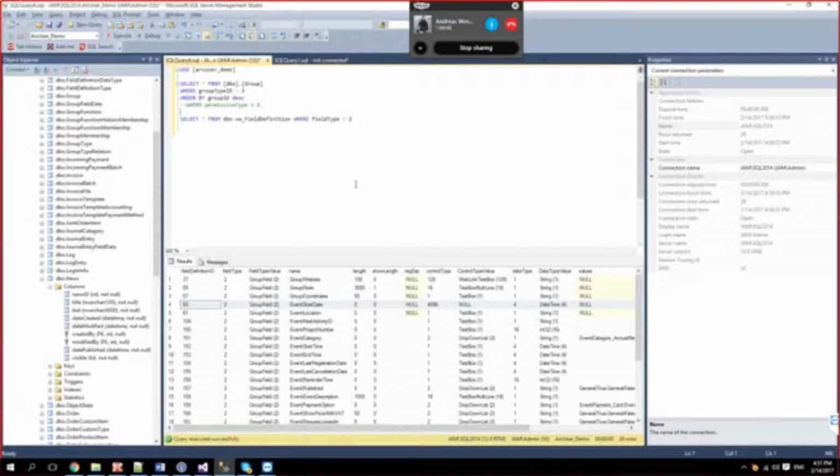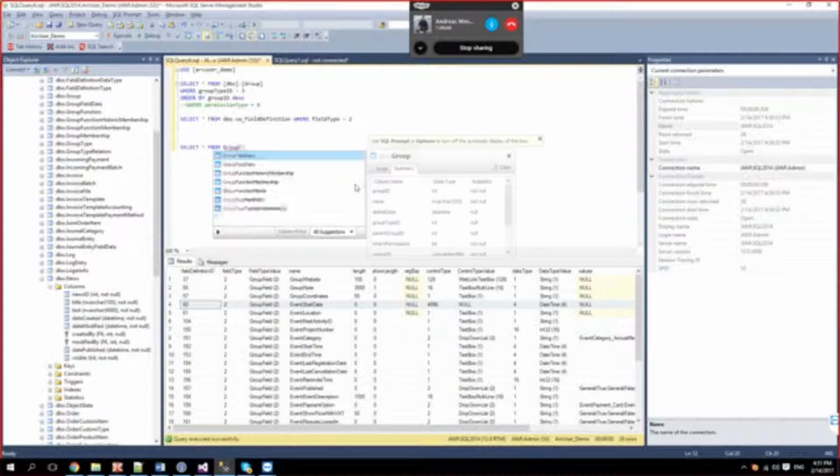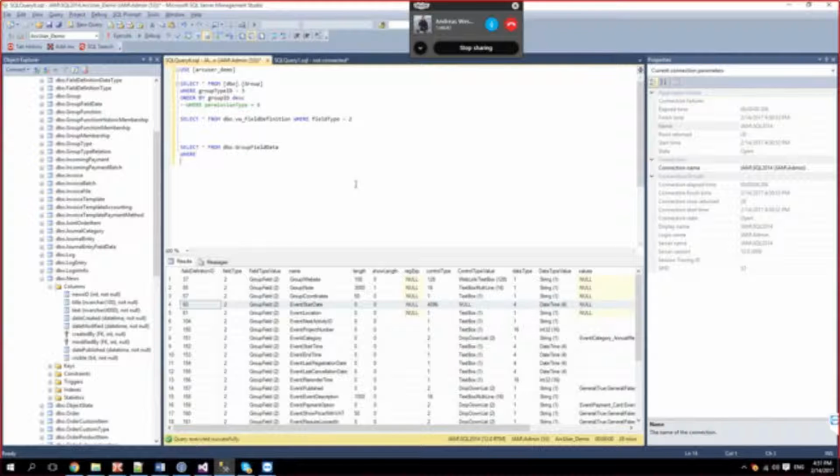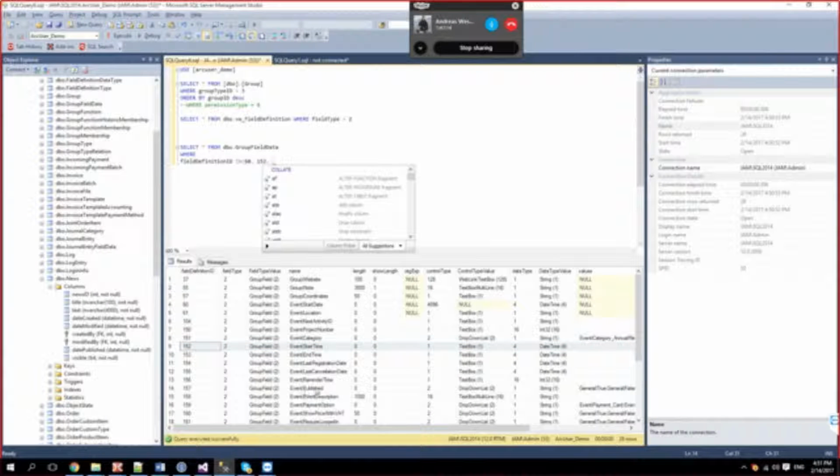So select star from group field data where in 60 and, why do I have 2 of these? Okay. That's interesting. Let's pick out the other one too. 152. Do we have only one on the interface?